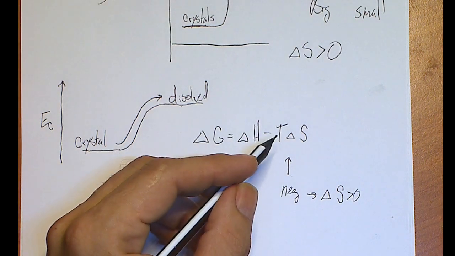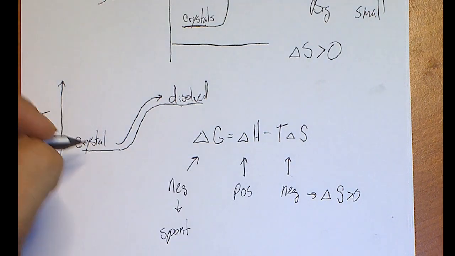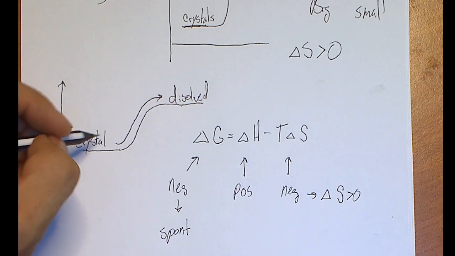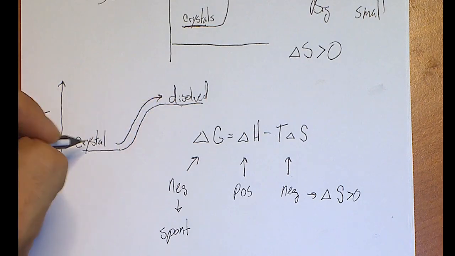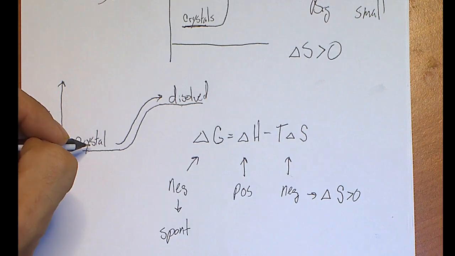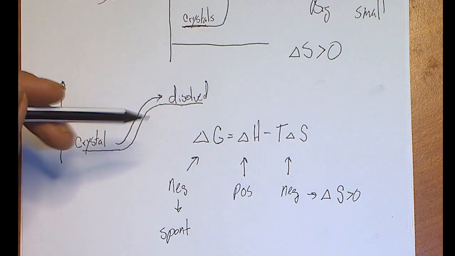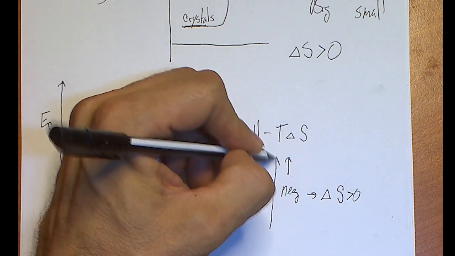The temperature term also comes into play here. And if you understand Le Chatelier's principle, this helps here because this crystalline water solution needs to take in heat to go uphill and become a dissolved salt. It has to take in heat. That means heat is part of the reactants. That means if I add heat to the reactants, I drive it towards the products. And so adding more heat